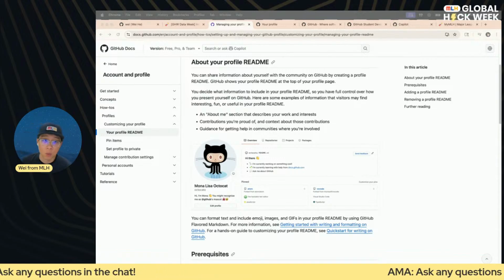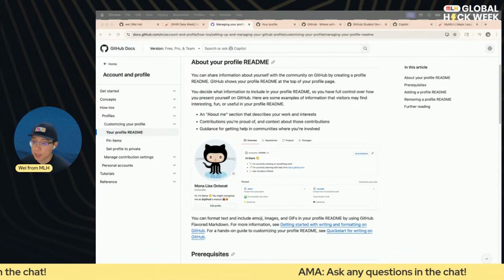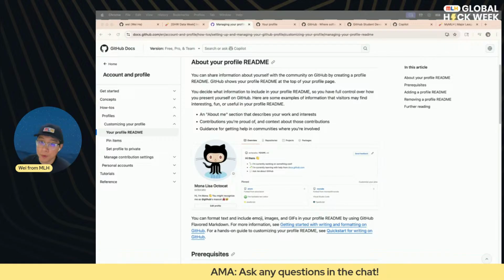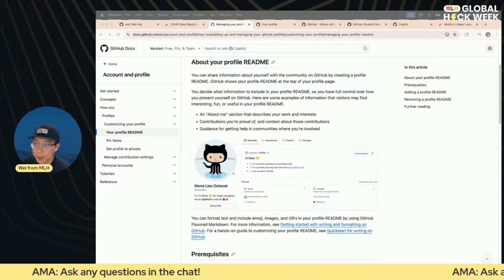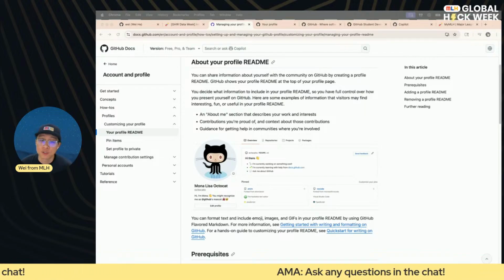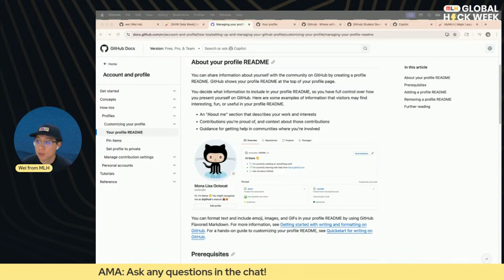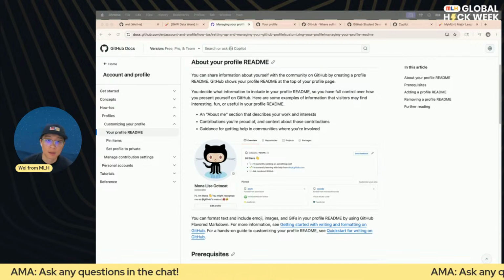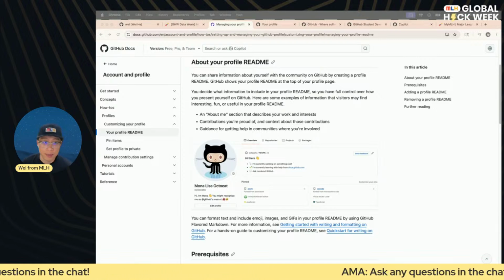Especially in this modern technology world with AI, it is more and more important for us as developers, as hackers, to have a very good online presence, right? GitHub is where everyone shares their projects and their work. So this is the best place to put your profile on the web in addition to your resume.